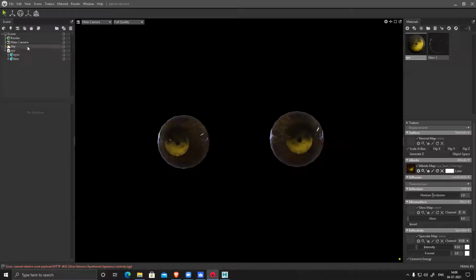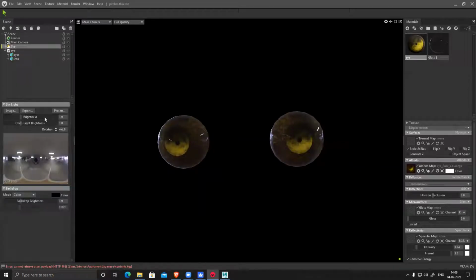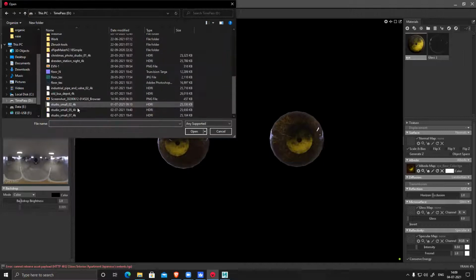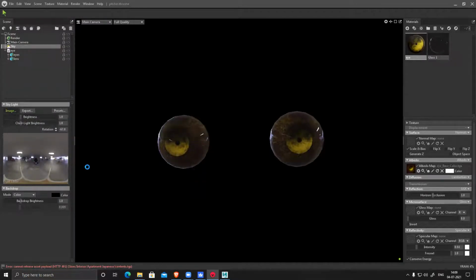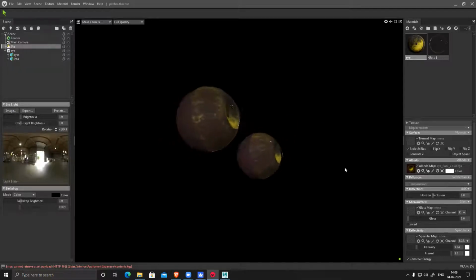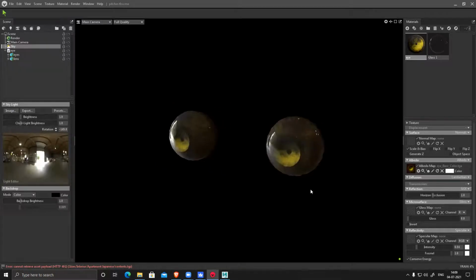So no matter what you do, it will be matte only. It won't change, so you'll have to go to the third option and change it. Presets. I already have a couple of these. I'll just use one of them. Make it glossy. This is it. The eye is pretty simple.